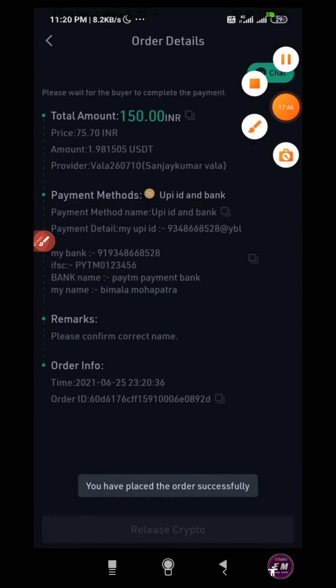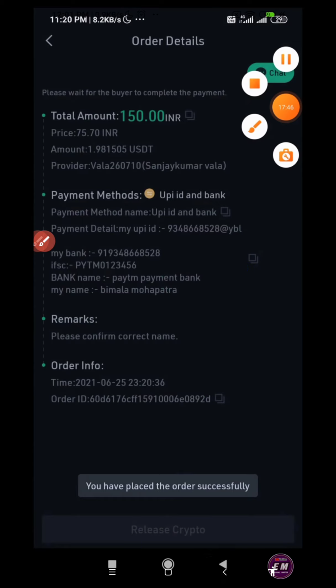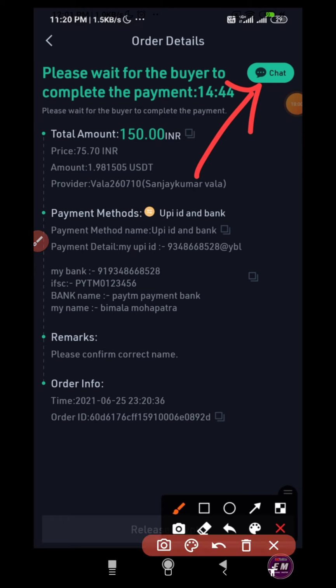After clicking on the sell button, you will get an interface like this. Here your payment methods will be shown, and all those which are there. As you can see at the upper one, there is a button called chat. Now I will show you clearly. Let's wait. Here the details are there. After that, click on the chat. As you can see there, the chat button. Click on that and chat with them.